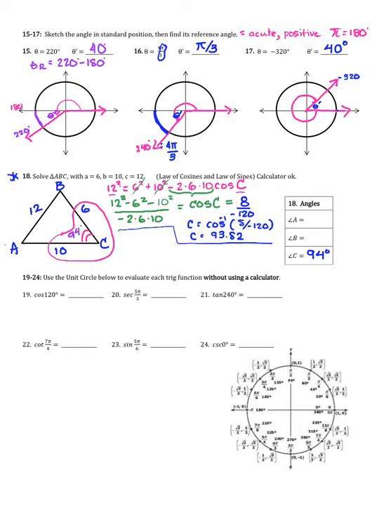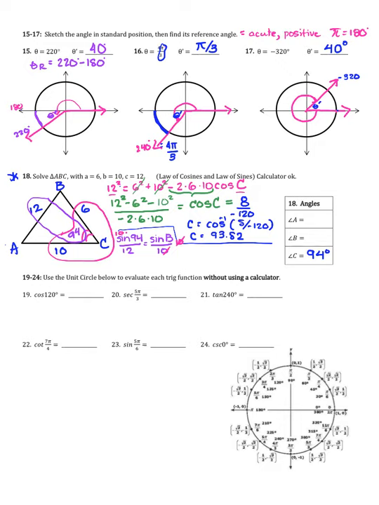The second angle, I can use law of sines because I now have a pairing of a side and an opposite angle. And since I'm looking for an angle, I'm going to put my angle on top. So the sine of 94 is to 12 as the sine of, doesn't really matter which one you do, I'm going to do B, is to 10. That means I can multiply both sides by 10 so that those cancel. And when you do 10 sine 94